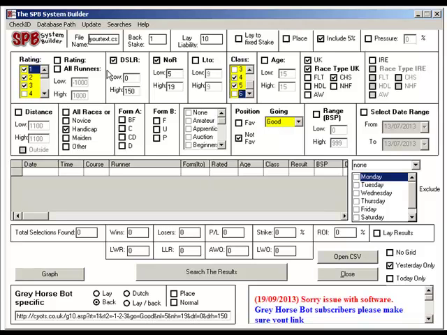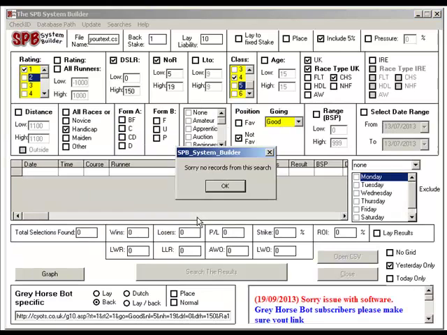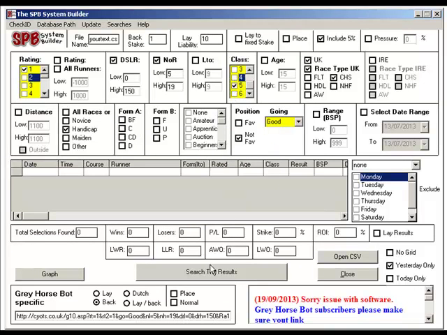Probably it would even be better to just select one of the ratings, as I said earlier, and maybe even one of the classes. So you could in effect go, right, we're only going to go class 4, and one, but there's no matches, so we could go class 5 and see what happens. Oh, that's interesting then. Sorry, 3. That's what you sometimes find. That's how you can do silly things, because I just noticed that good is still highlighted. So there was no good class 3, 4 or 5. So yeah, sorry, you can obviously search on each